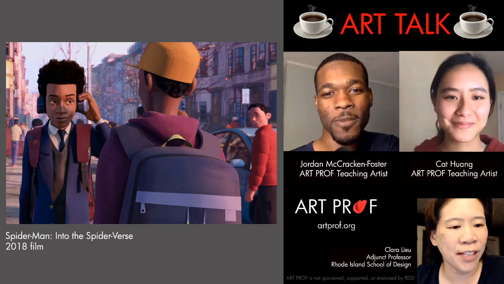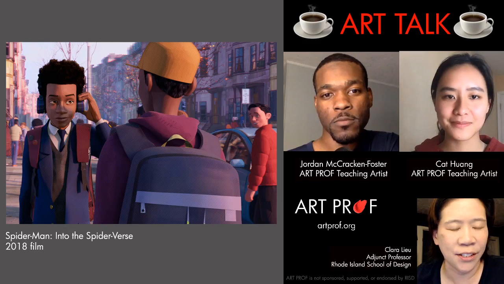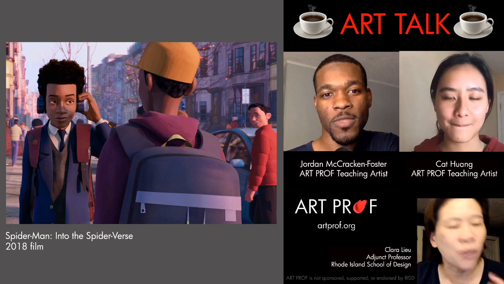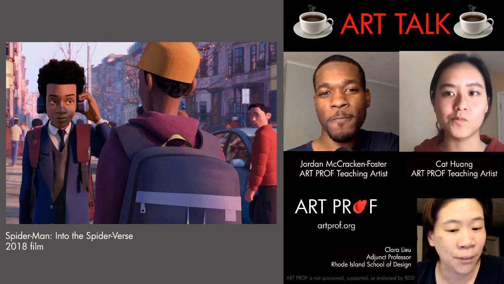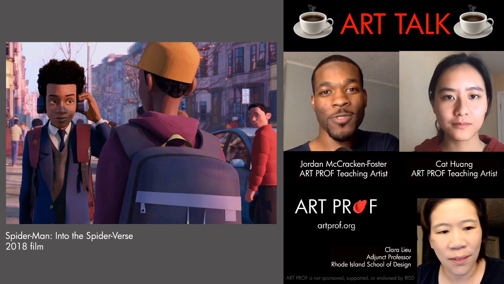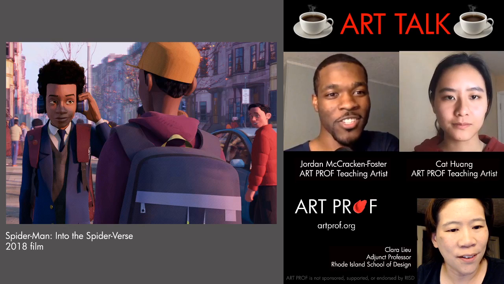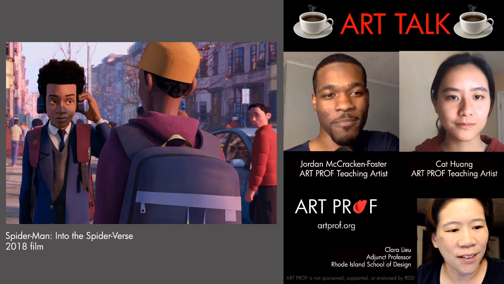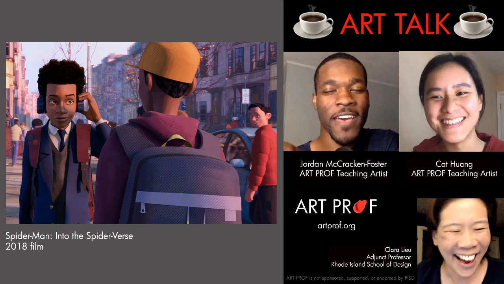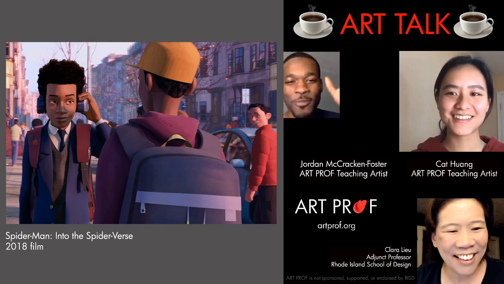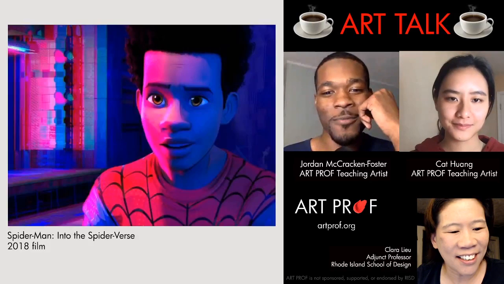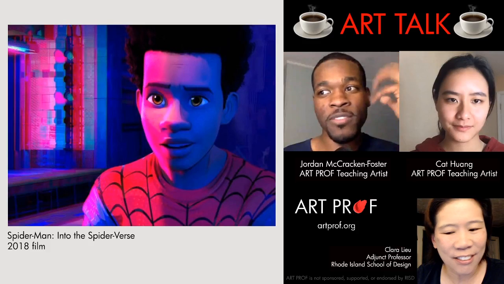Jordan, how about your take on Miles's design? The way his figure is, his posture, the way he moves, his hair, those types of decisions that people have to make when they're designing characters. I actually know a kid who's about Miles Morales' age. He's 14, and he is half black and half Latino. He looks exactly like Miles Morales, just like 5 inches taller. You could put him side by side, you could think he could play him in a live action film. It's crazy. And so I love that they were able to mix the aspects.